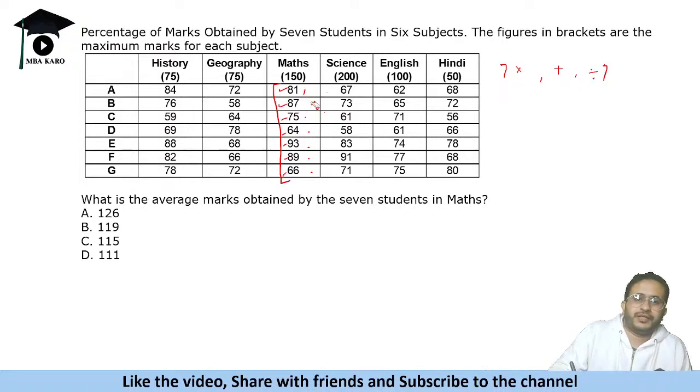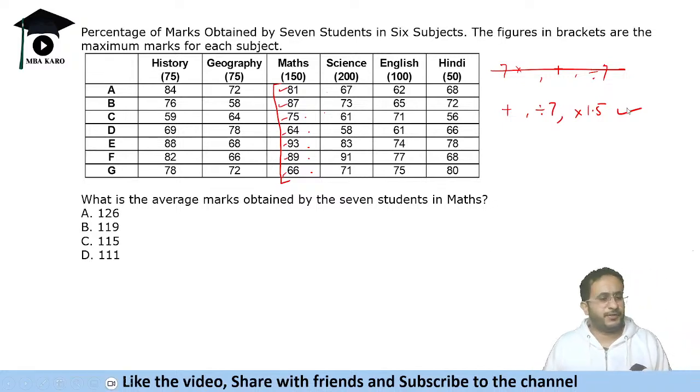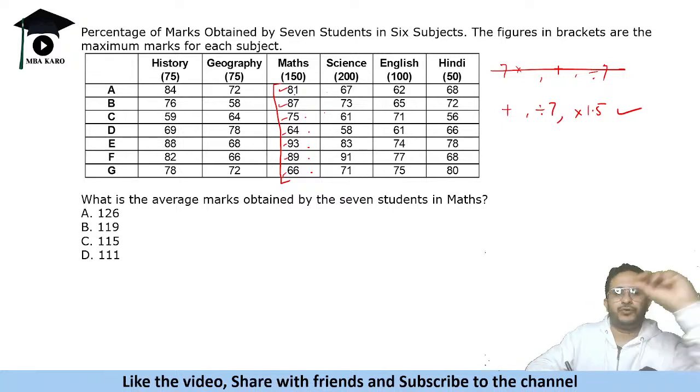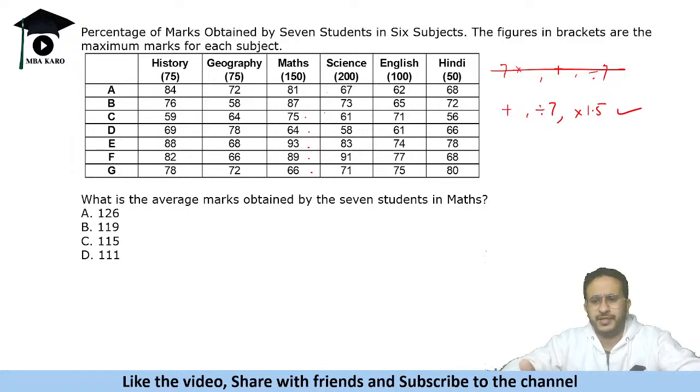If you do not do this, and you just add the numbers, you have to do addition, divide by 7, and multiply the final result by 1.5. So this approach is better. Instead of multiplying each by 1.5, take the average of these numbers and then multiply by 1.5 to get the answer. Now, instead of adding all these numbers, because they are 2-digit numbers and adding will take time,